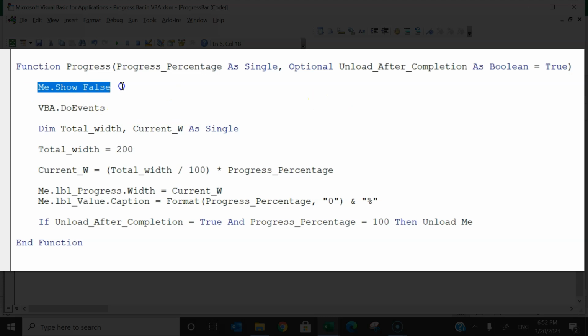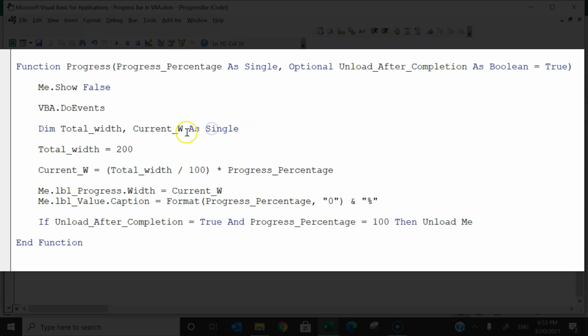Alright. Then first of all what it is doing, it is taking me.show. That means it will show the form. And we are using the VBA.DoEvents so that whenever it will run, it will show that changes will appear on the user form. So that's why we are using VBA.DoEvents. Then here we have taken two variables. One is total width and the current width.